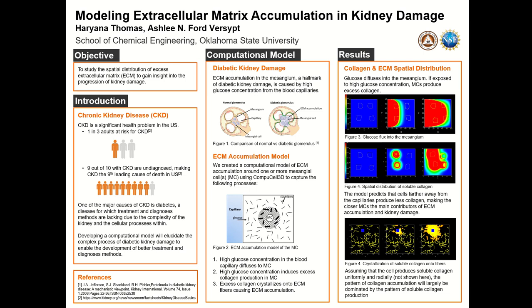So the motivation for our research arises from the widespread prevalence of chronic kidney disease in the U.S. 1 in 3 adults are at risk for chronic kidney disease in the U.S., and 9 out of 10 that do develop CKD are undiagnosed, making CKD the 9th leading cause of death in the U.S. And one of the major causes of chronic kidney disease is diabetes, a disease for which treatment methods